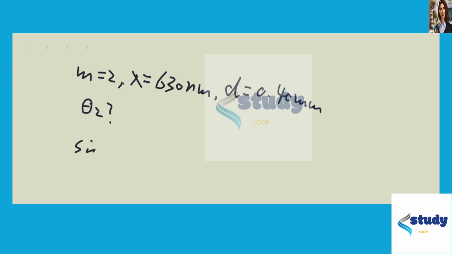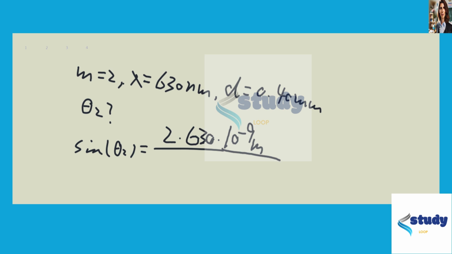So sine theta 2 is equal to 2 times 630 times 10 to the negative 9 meter divided by 0.4 times 10 to the negative 3 meter, and we got